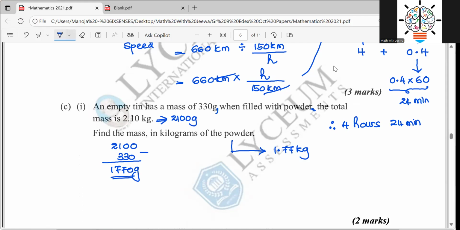An empty tin has mass of 330. When filled with powder, the total mass is 2.1. If you want to get the mass of the powder, you want to deduct 330, the empty tin weight, from the total one, right? So then the next one,